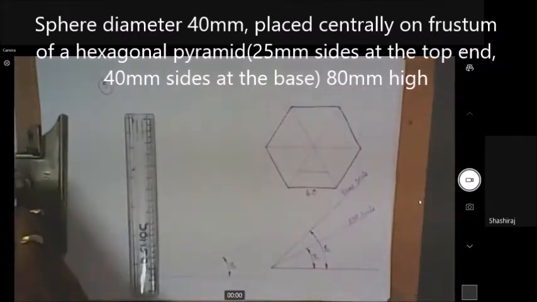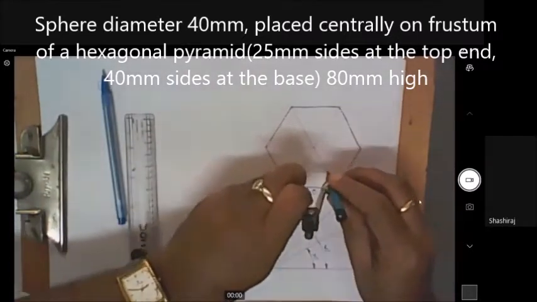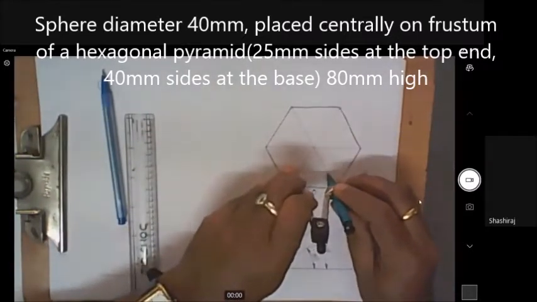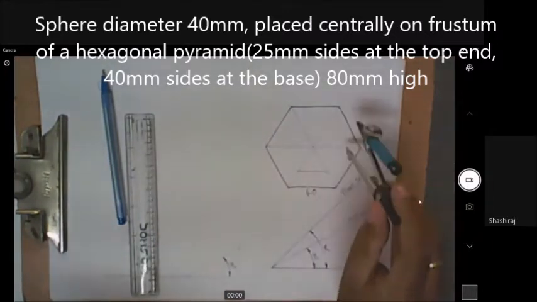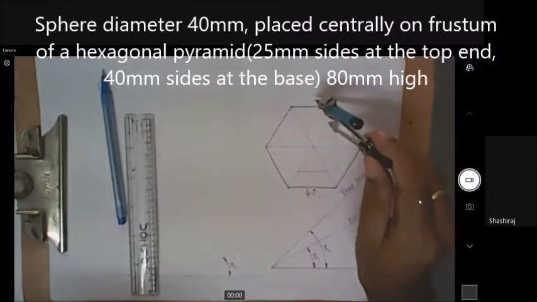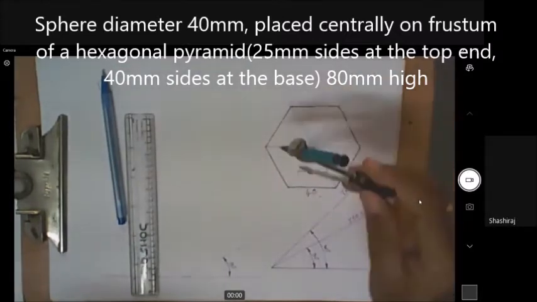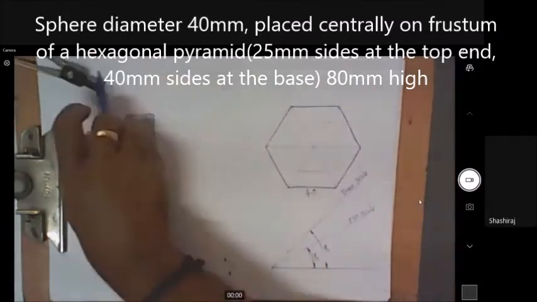You can just use the arc method now because the lines are already present. You can use this 25 mm radius on all these edges and cut. You get the points.